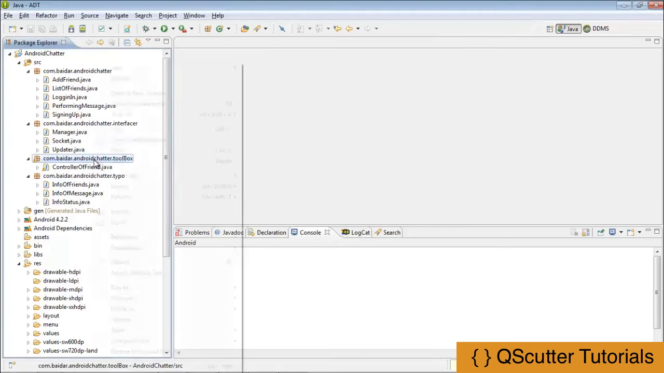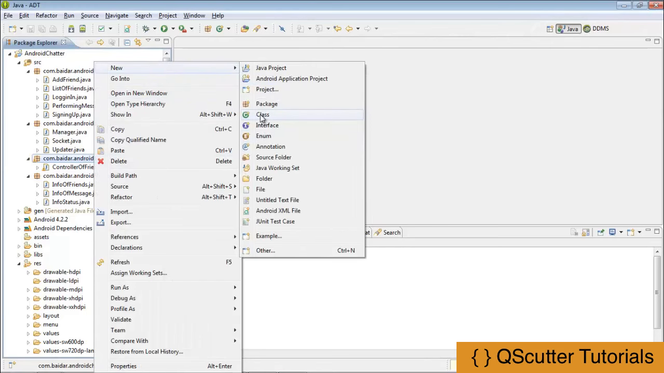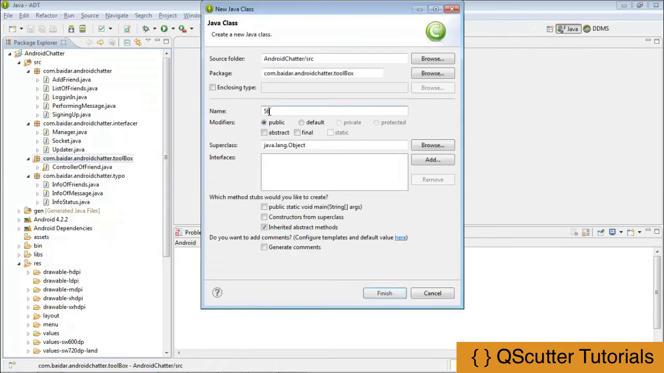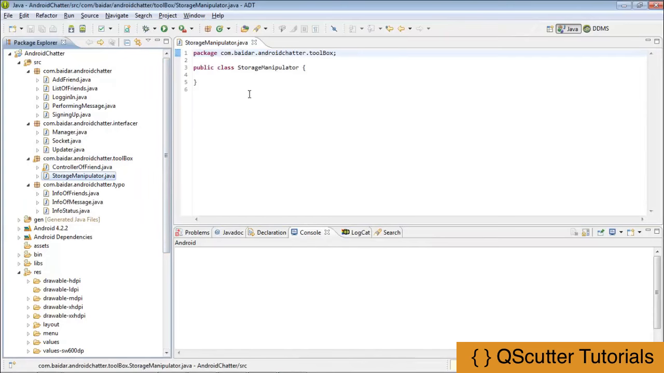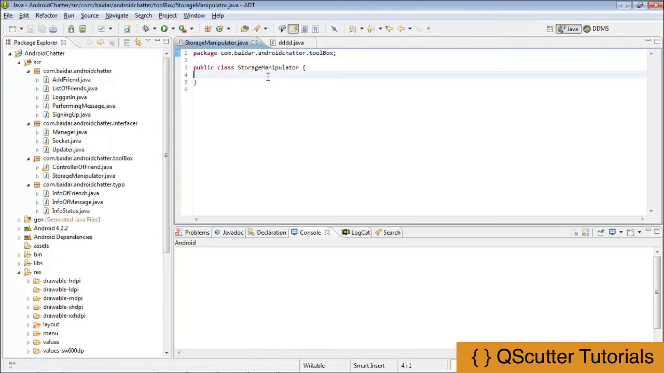I'm going to click on the package and create a new class that will be our storage manipulator, and I'm just going to finish. And that's it. Now we have a storage manipulator, and here we're going to be creating the database. First I'm going to create two variables, one for the database name and one for the version of the database. So public static final String